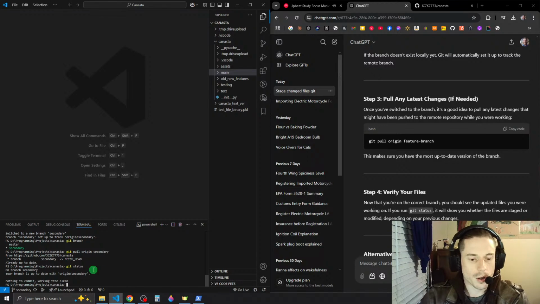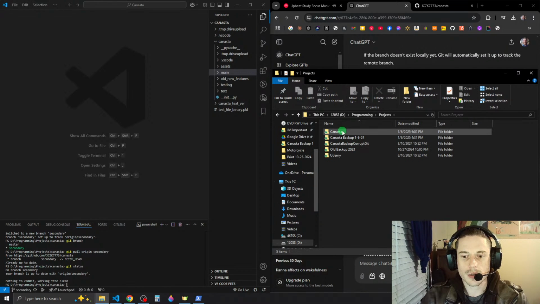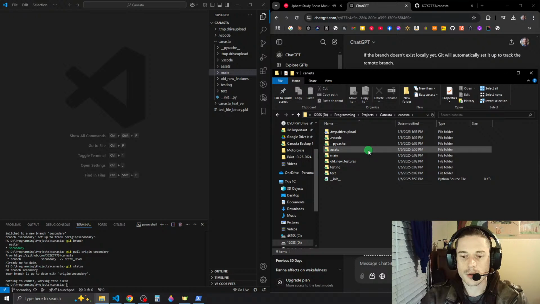So first of all, I want to change this to be capital C Canasta. It already is. Canasta text version. VS Code Canasta. So, is this structured correctly?